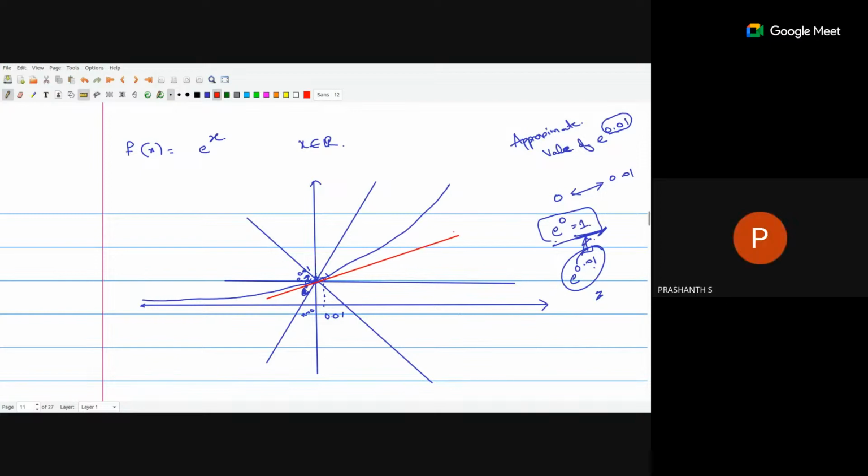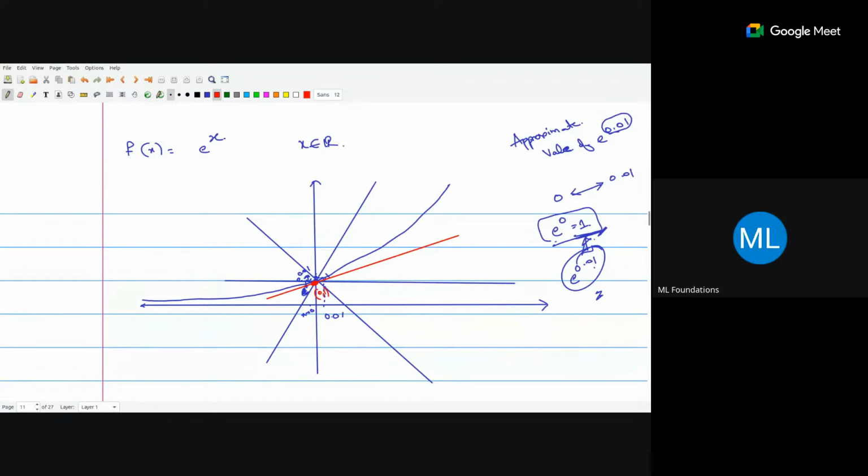What mathematicians proved is that for a linear approximation, among all the lines passing through this point, 0, 1,